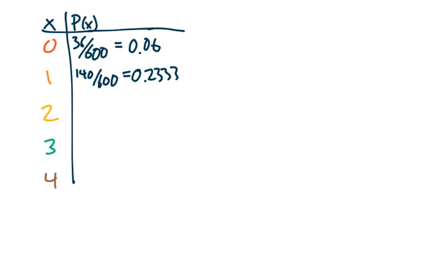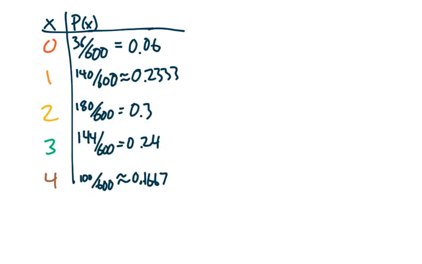Now, go ahead and do the other three possible values. P of 2, P of 3, P of 4. Let's check in 3, 2, 1, and... Okay, and you'll notice that this one and this one had to get rounded. The other ones were exact, but these ones had to get rounded.